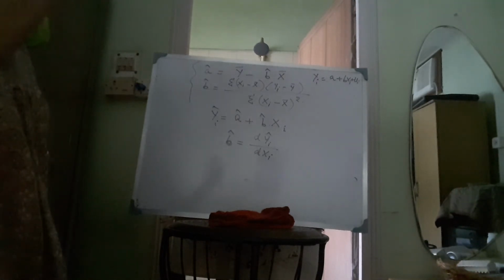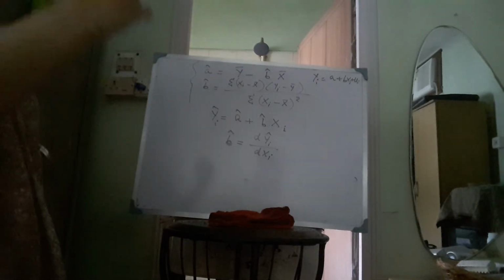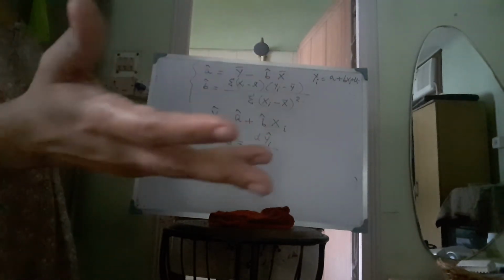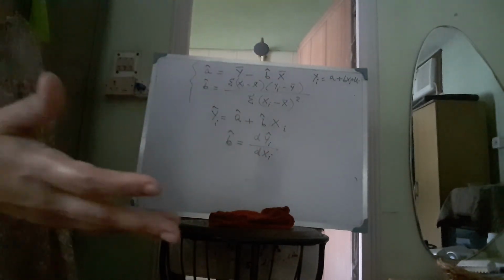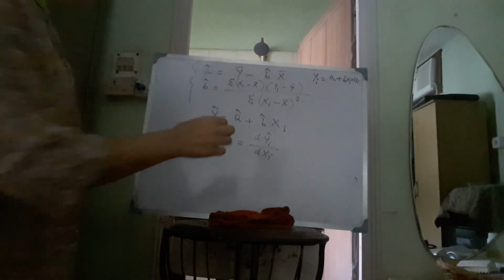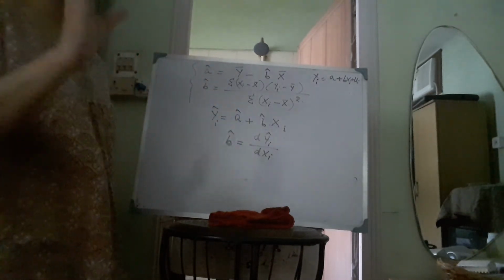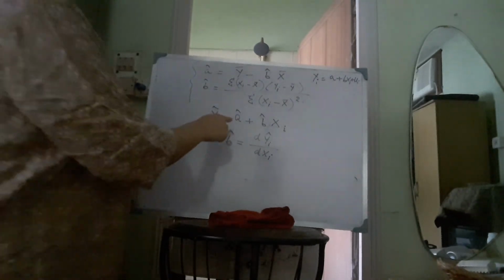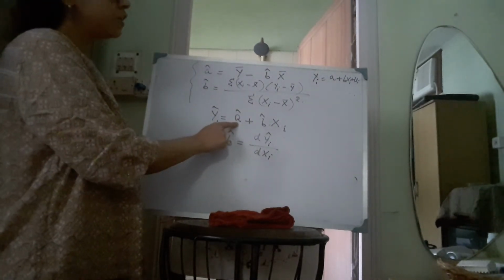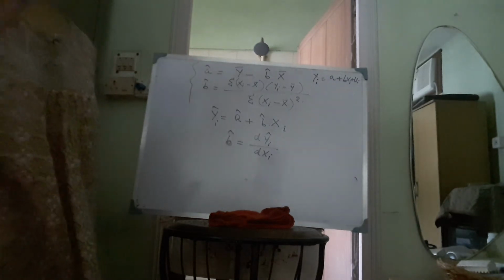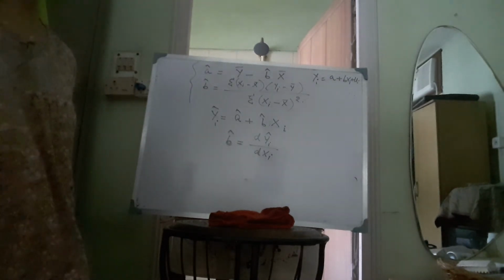If the income is 0, then what will be the value of consumption? So even if you are unemployed, you need to consume for your survival. So that is measured by A hat. That amount of consumption that you need for your survival is denoted by A hat. So we can say that this is a subsistence level of consumption. A hat is the subsistence level of consumption.